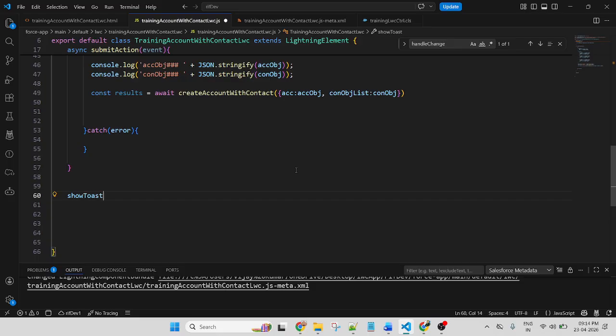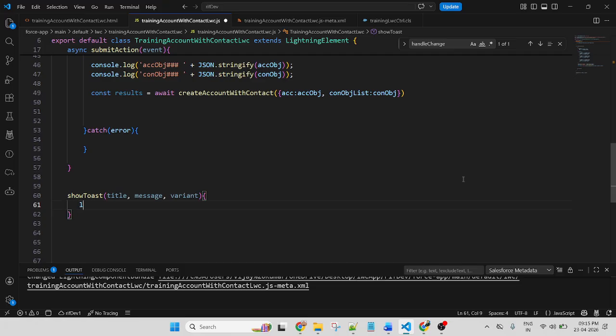You can put any name. This is my name, not a predefined one. So the toast function takes parameters. If you display the toast message, there are three parameters to apply: title, message, and variant.